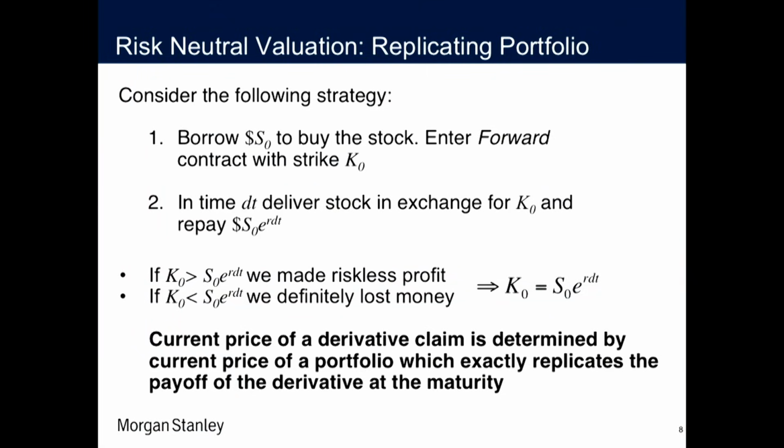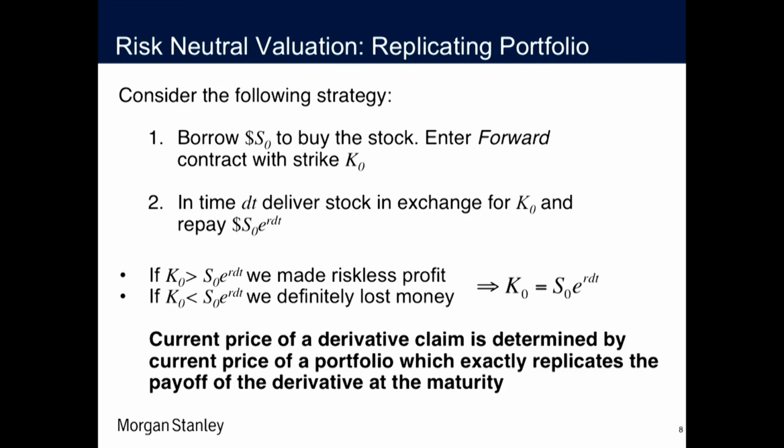Instead of doing this, we're kind of following the bookie example. Let's try to do something else. Let's think a little bit. So we have a stock which is trading on the market now at price S0. How about we go to the bank and borrow S0 dollars right now and immediately go to the market and buy the stock? So right now we are net 0. We borrowed S0 and paid it immediately to buy the stock. So we have the stock at hand.